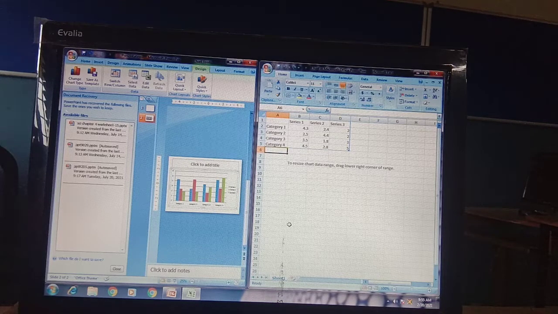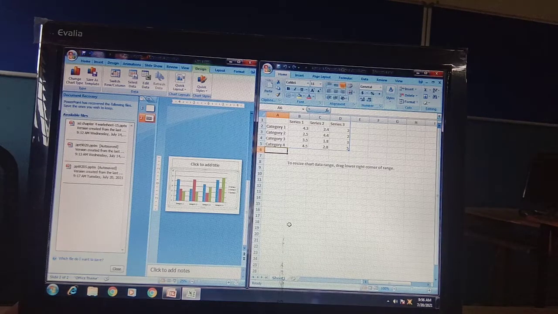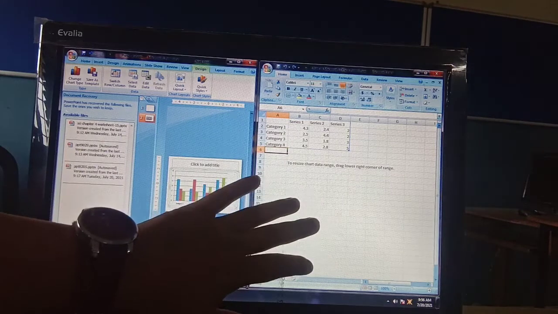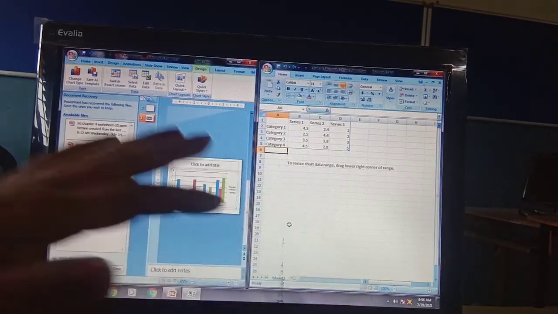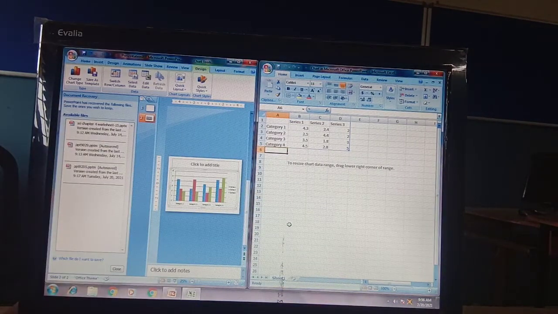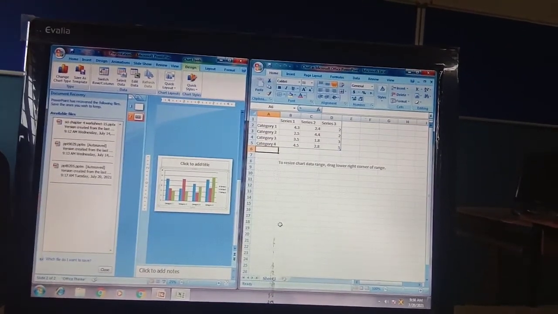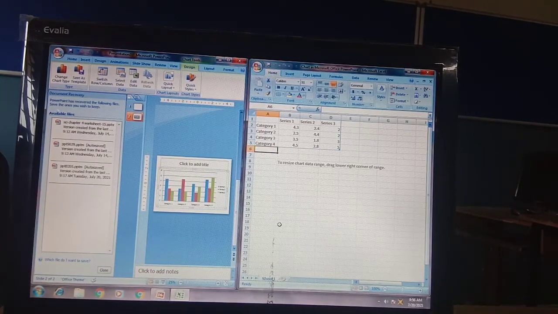We are representing the data with the help of a chart. A chart is a pictorial form of representation of data. So whenever you insert a chart, a new window comes up with it. That is called the data sheet, where you need to add your data, and then your chart will change according to it.